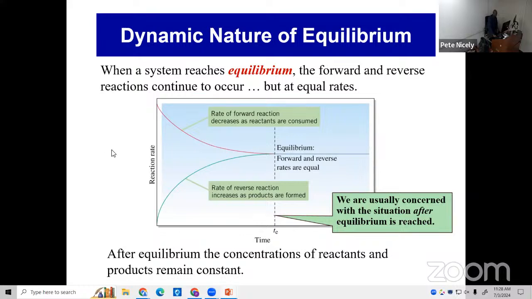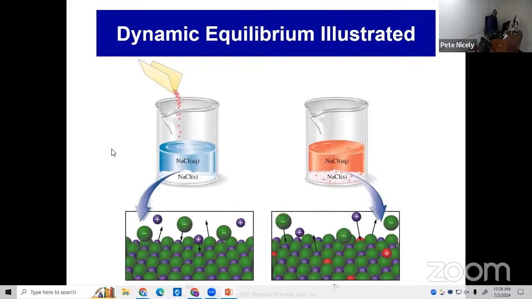Okay, so to give you a pictorial representation of the fact that we can actually know that this is happening in certain situations. So here we have a situation where we have a saturated solution of sodium chloride, right? So what that means, and I think you should know about this from before, you add a lot of sodium chloride to a relatively small amount of water until the water cannot dissolve the sodium chloride. So basically, you're going to have your saturated sodium chloride solution here, and you're going to have some sodium chloride